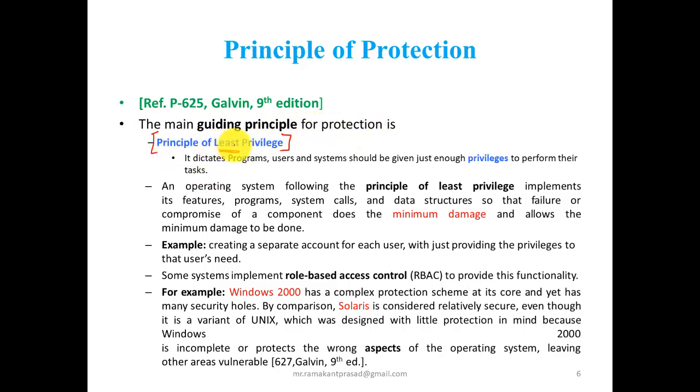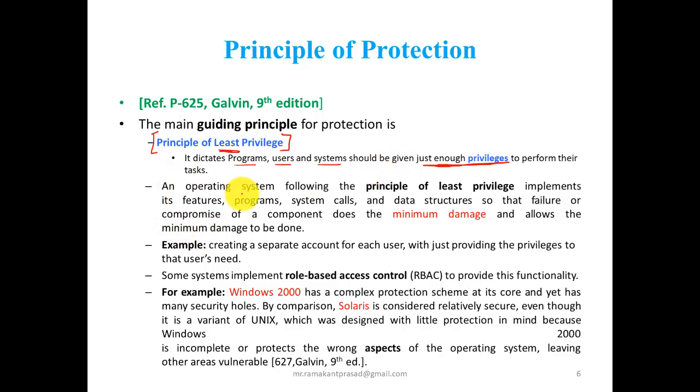Here it is defined: least indicates that programs, users, and systems should be given just enough privilege to perform their task. Only the required privilege is given to the program or user for performing their task successfully. So we can say that minimum privilege is given to the user or program to perform their task successfully.